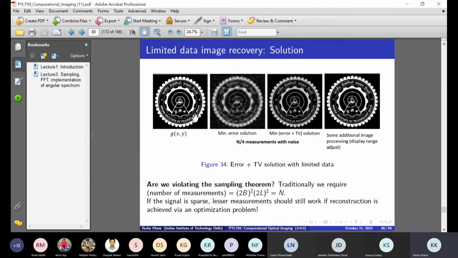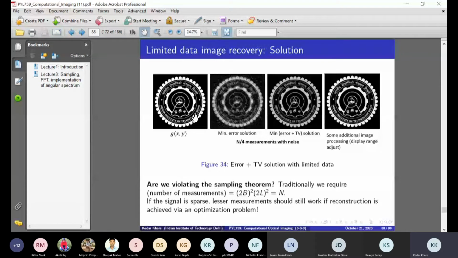Okay, so what we are saying is that this idea that n unknowns require n equations is an old idea. And I think if we are going to go with optimization-like approaches, then we can think that I can do with fewer measurements and I can essentially achieve the same reconstruction for all practical purposes. You see in this example that we have used only 25% measurements and we are still at the end at the same result.